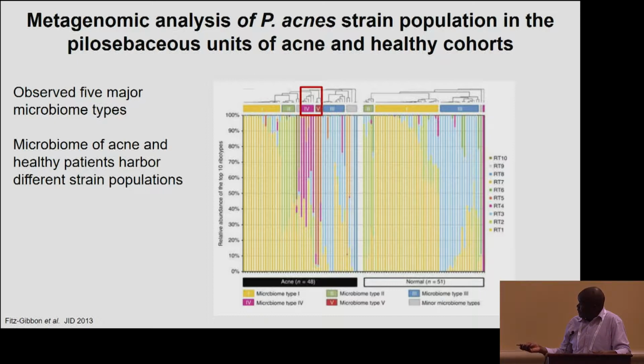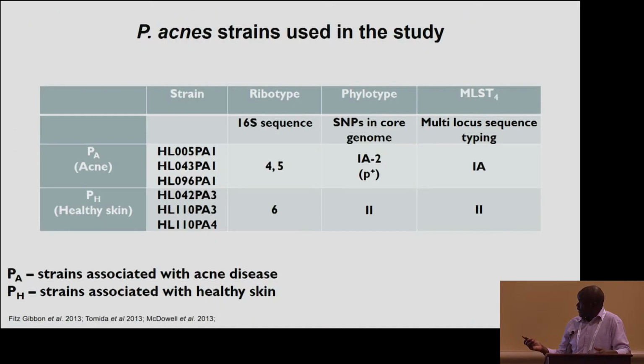Sampling the acne patients, they found that ribotypes 4 and 5 are mainly expressed in acne patients, whereas in the normal patients, they could only see ribotype 6. So in our studies, we selected 6 representative ribotypes, the ones that are